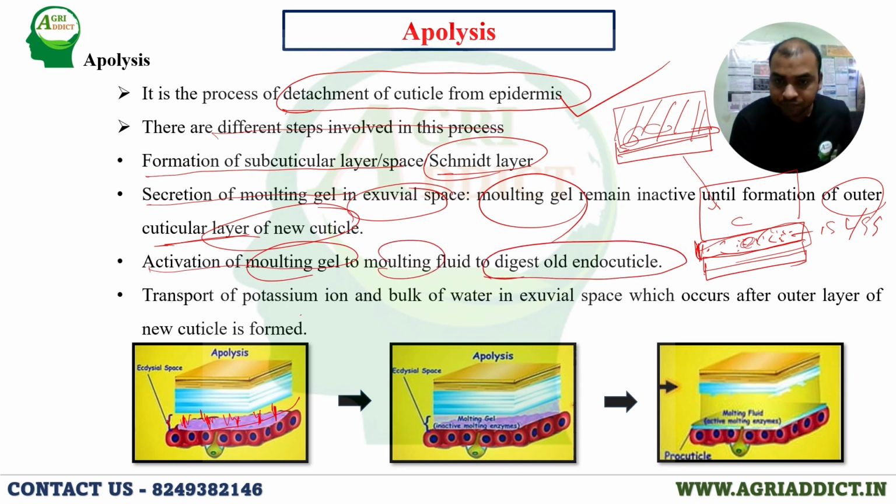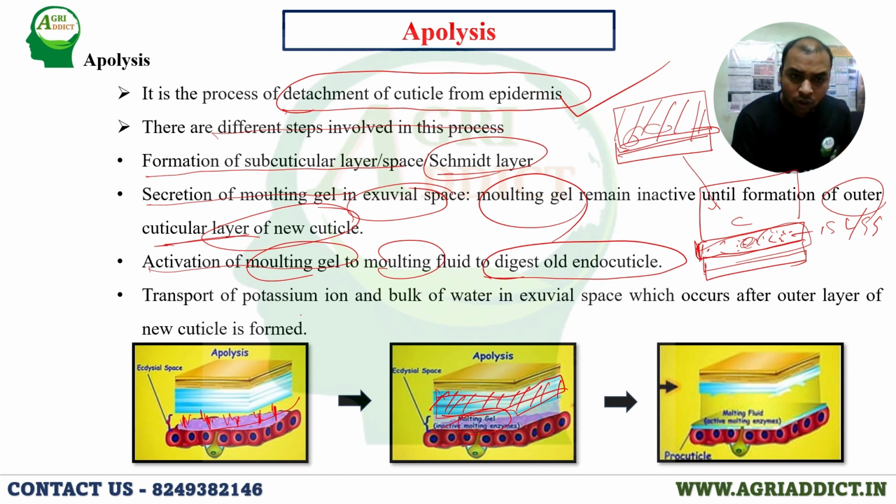You see here, this whole part is called the endocuticle. This endocuticle will be digested by the molting gel when it becomes active. So this is the function of the molting gel, to digest the old endocuticle,